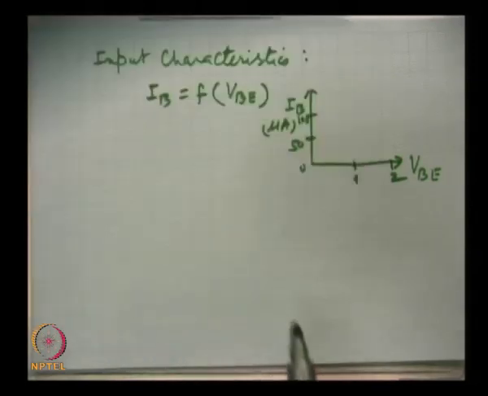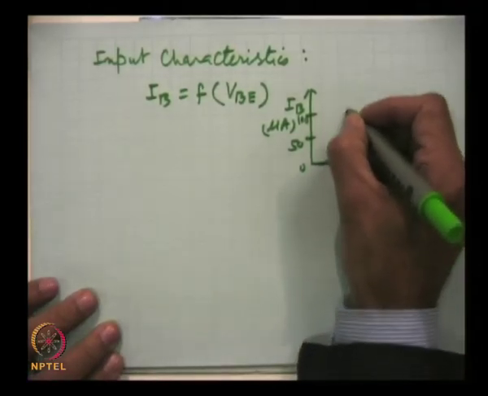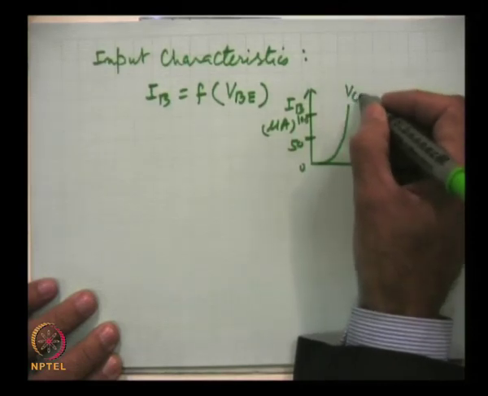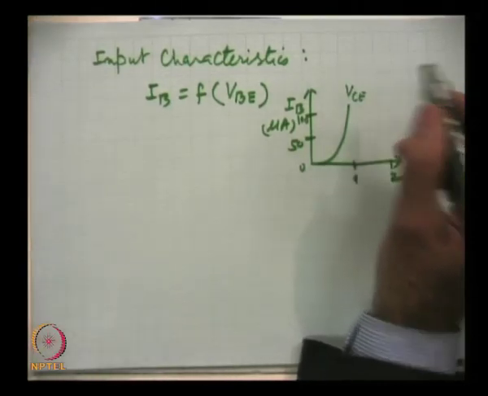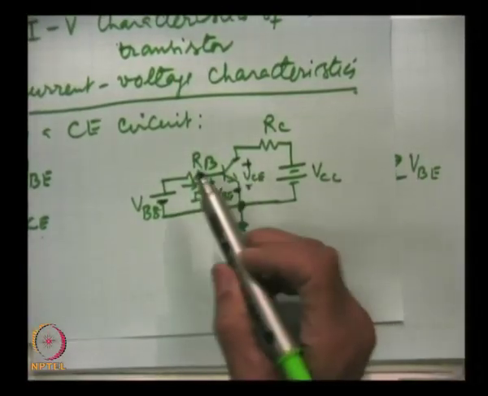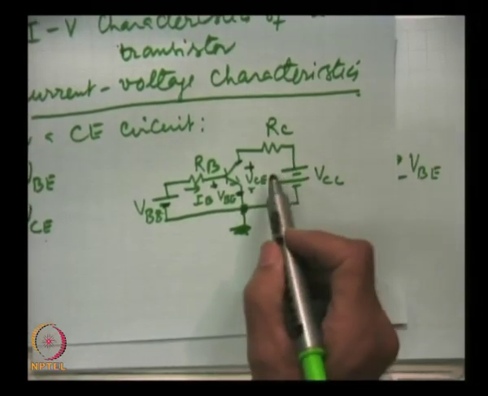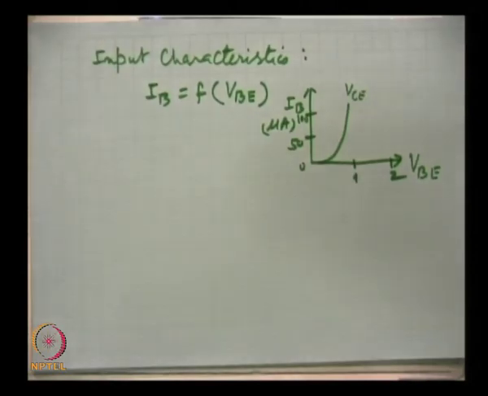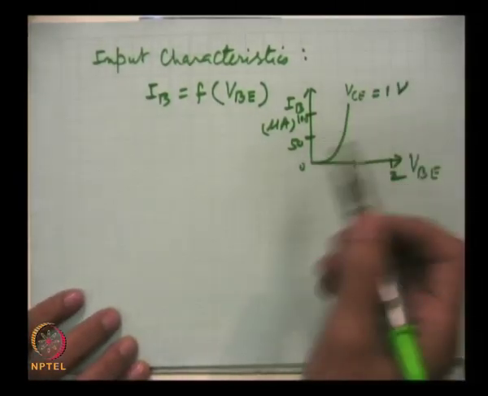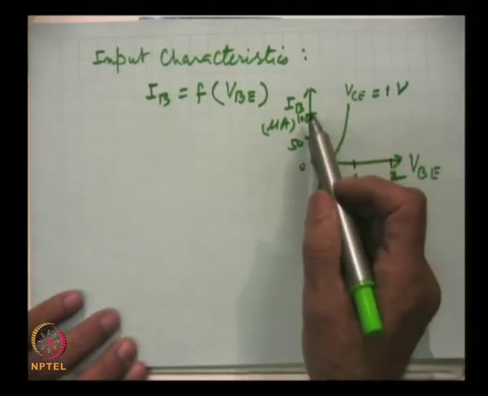So, similar kind of, this is when we keep VCE, that means at the output side this voltage, because now we will discuss that input characteristics are also a function of the output voltage, we will talk about that. So, this is kept at 1 volt,